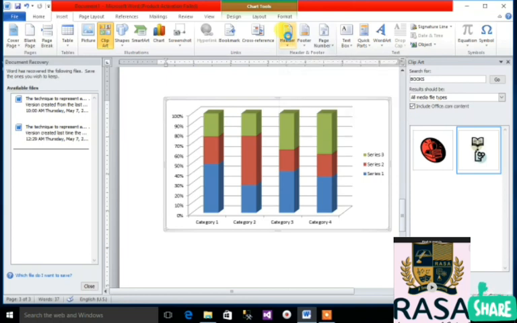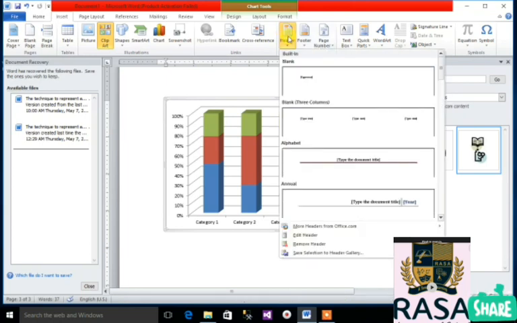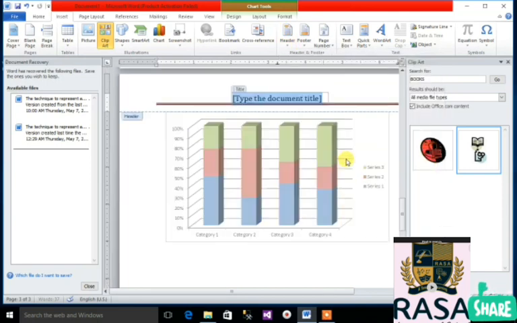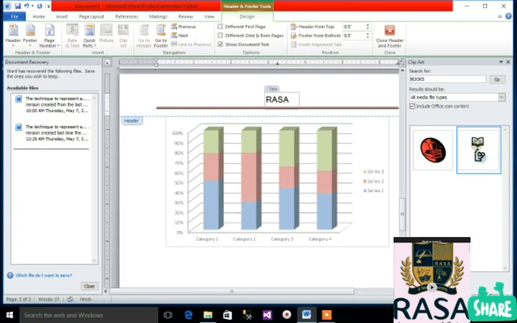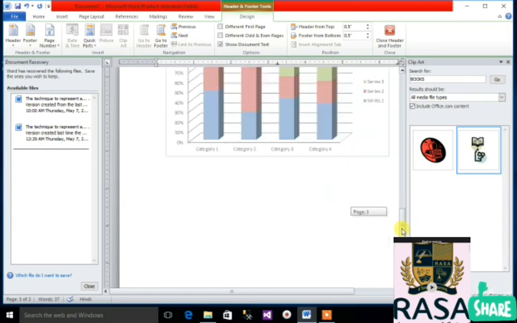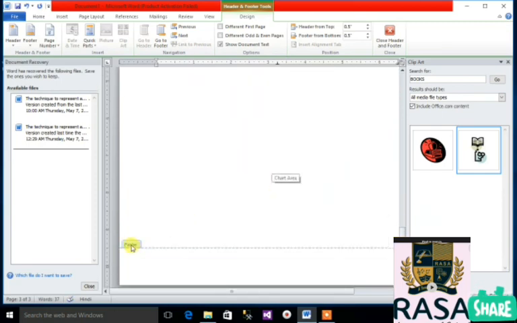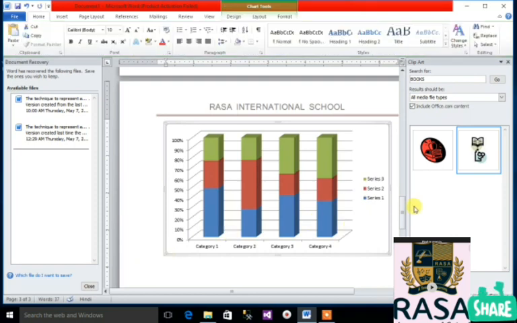So we will go with the next topic, header and footer. By using header like this, you have designs for header. If I'm choosing header, it is the top of the page, so you can type a headline here. Okay, you can put a header on a page, or footer.